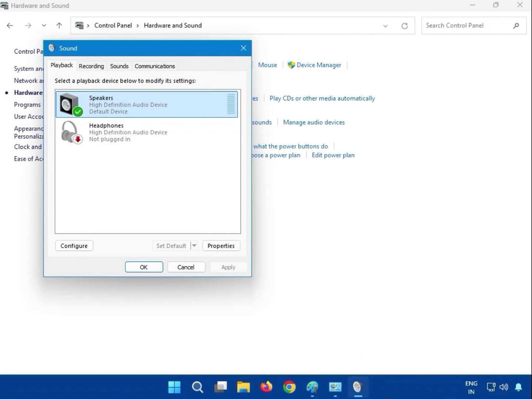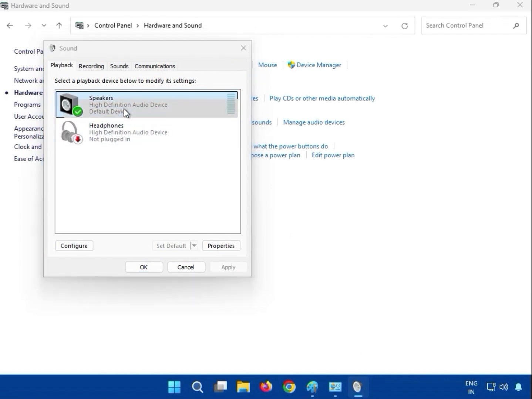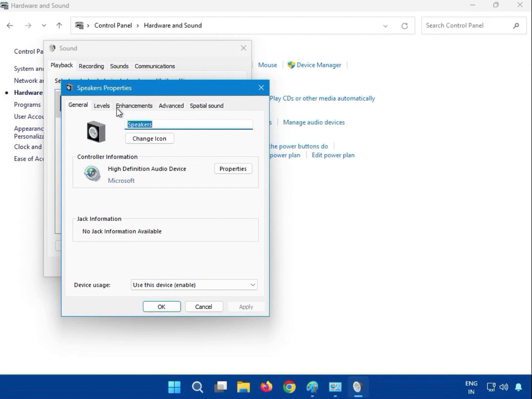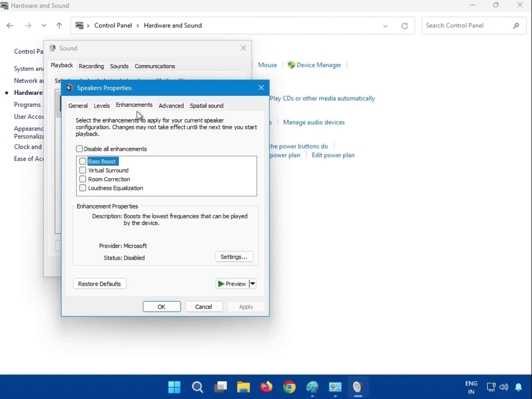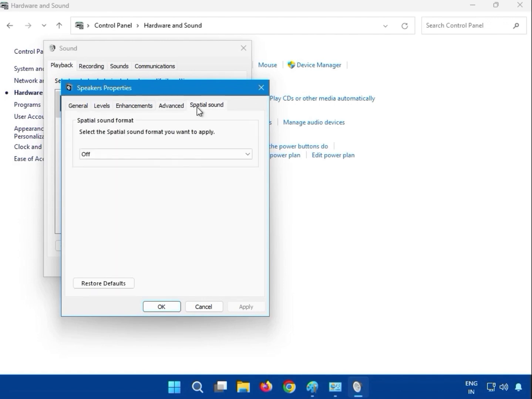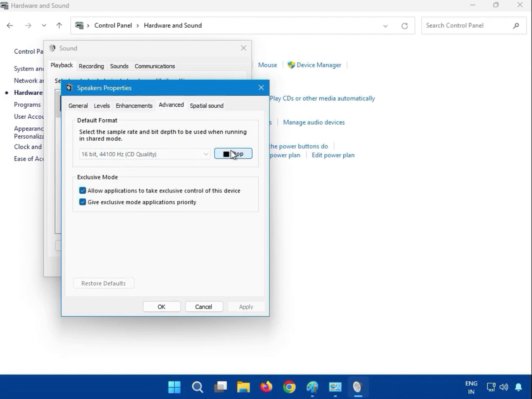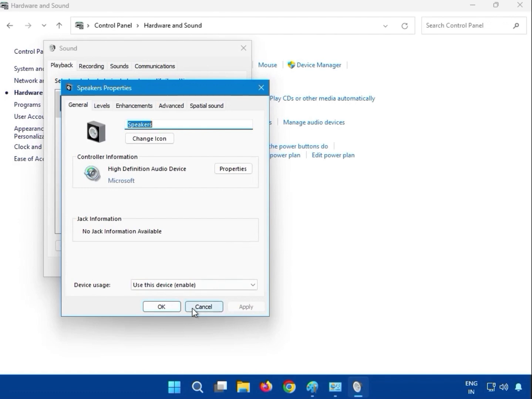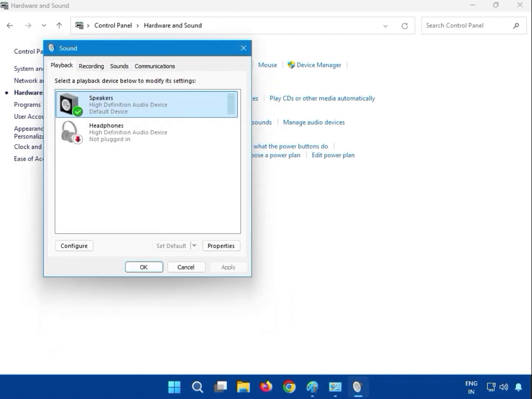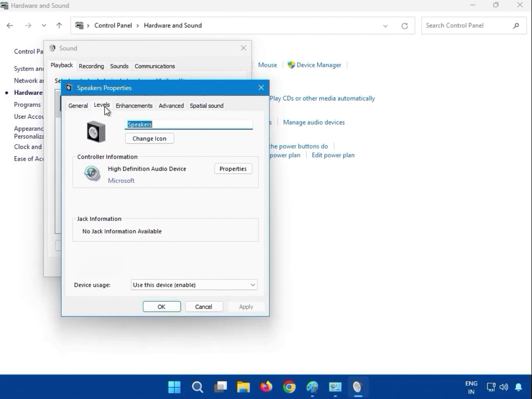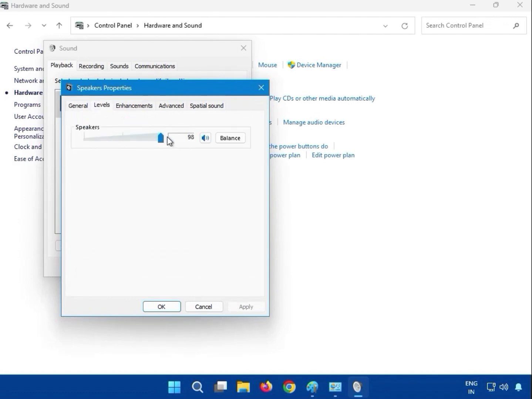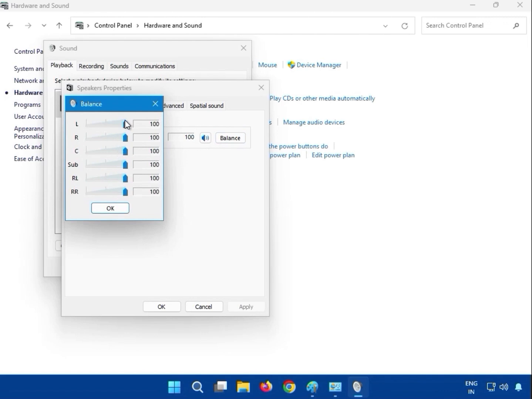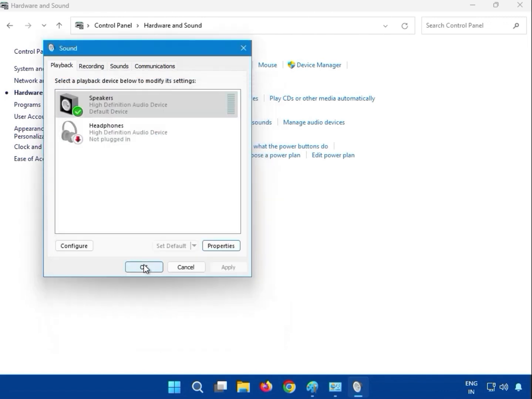Okay, then just double click and click. You can see the text here like that. Okay, click properties. So guys, select the level 100%. Okay, and you can see here balance on 100%. Okay, and then okay, and then okay,